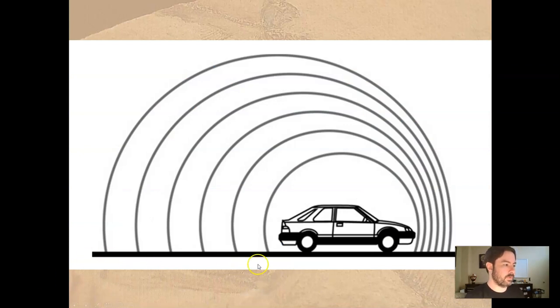So again, same with a car. It's still making the same noise, but as it's moving towards you, all those sound waves are kind of packed up. The frequency at which those sound waves hit your ear, they hit it real quick. That is a higher frequency, meaning those sound waves are hitting your ear faster, which is going to create a higher pitch. When it passes you, still the same sound waves, but they're not going to hit your eardrum as frequently as it moves away. So the frequency is lower. A lower frequency sound is a lower pitch.